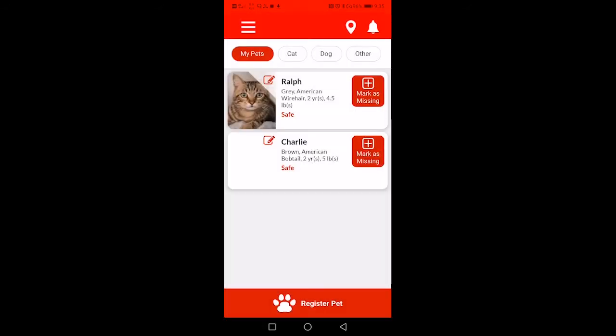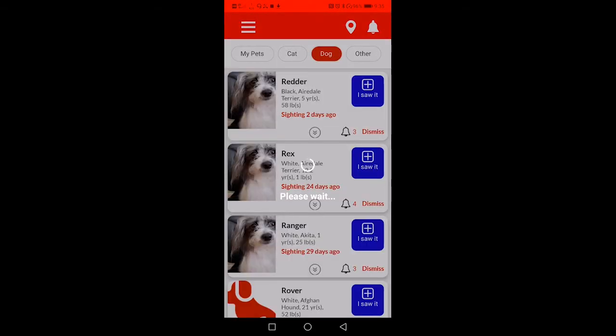The community board lists the pets that I own. In this case, I have Ralph and Charlie as two of my pets. You can see the information is indicating that they are safe. If at any time they go missing, I can quickly select Mark as missing instead of going through the lost pet step process. If I look at some of the other pet types, such as dog, I can see others in